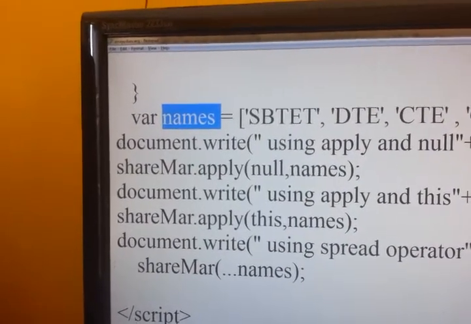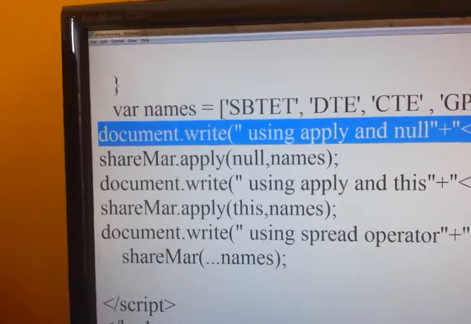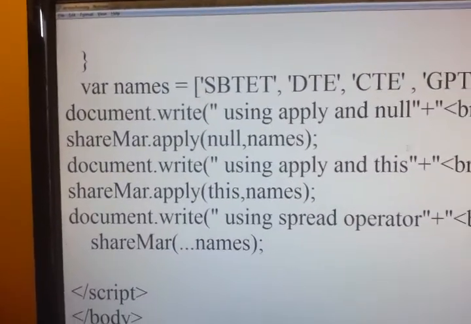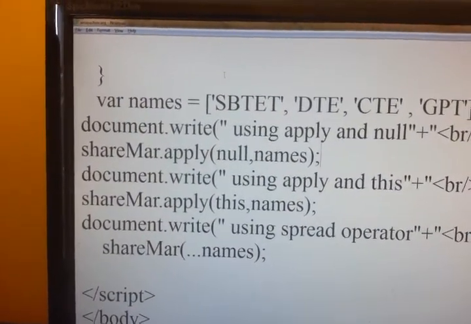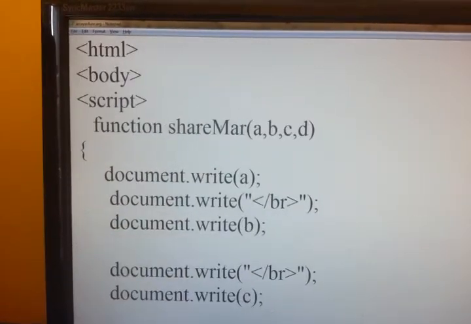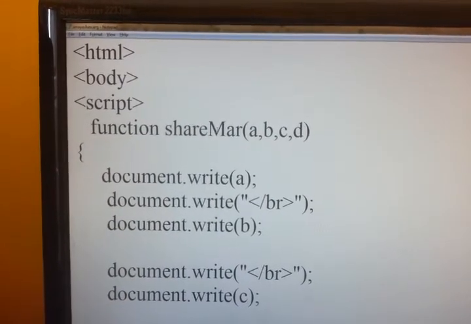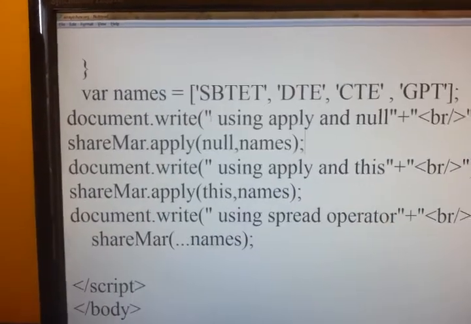So first we will see document.write using apply and null. As I told, you have to use apply and null to call our function when we are passing arrays.